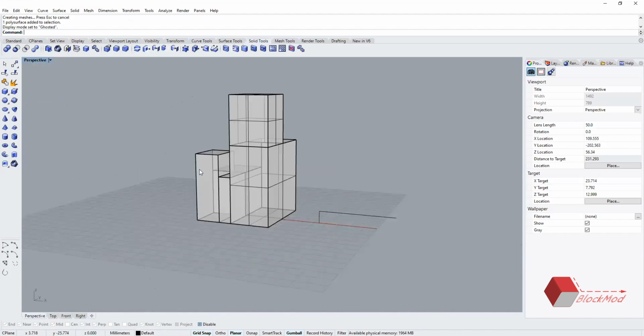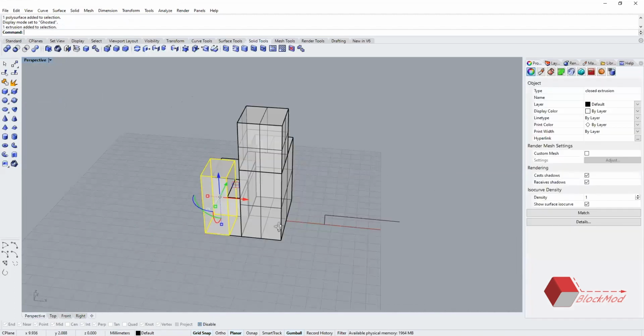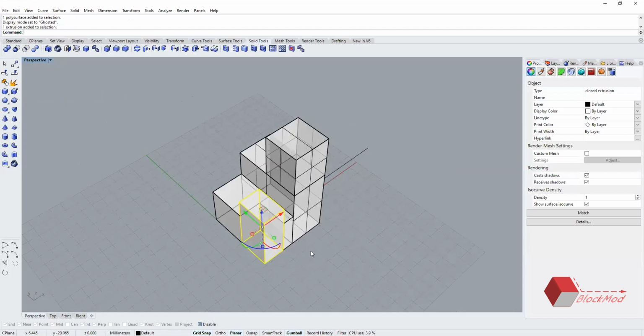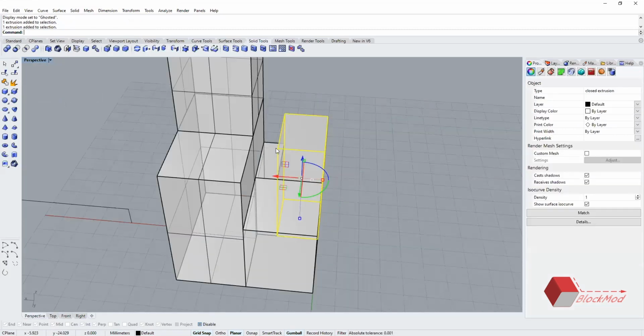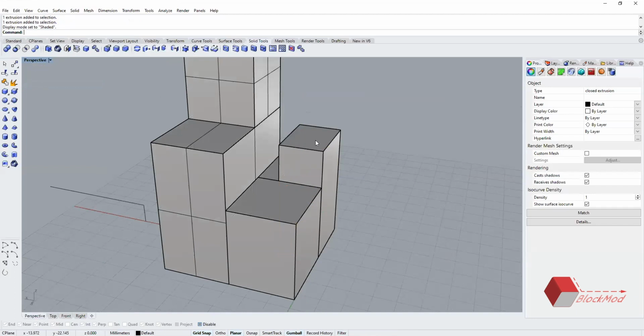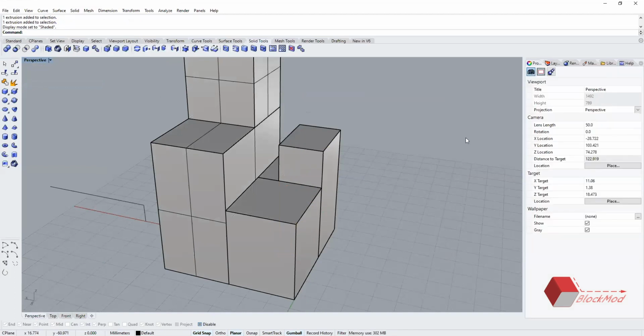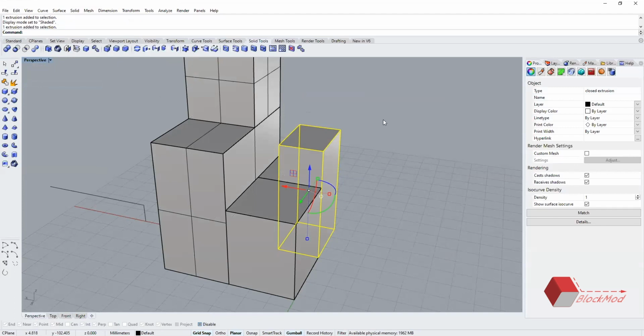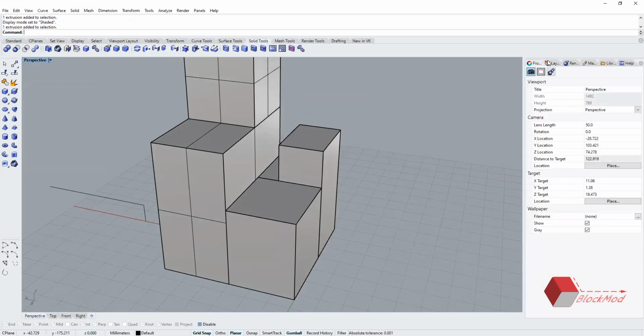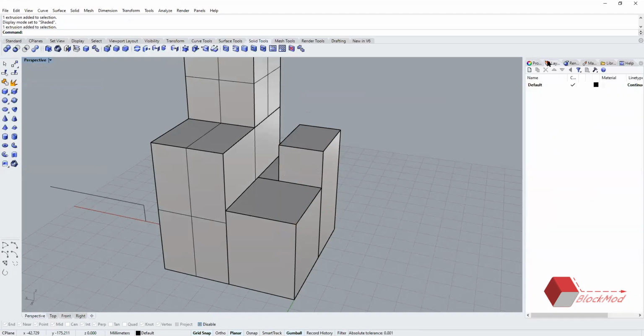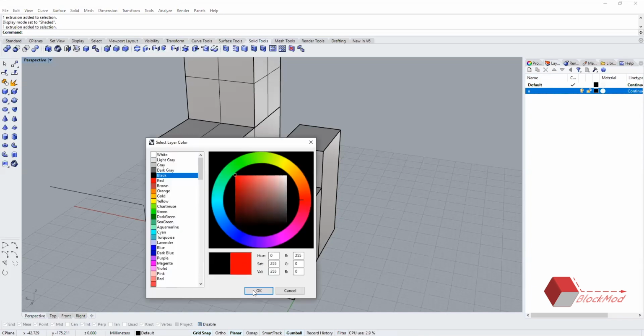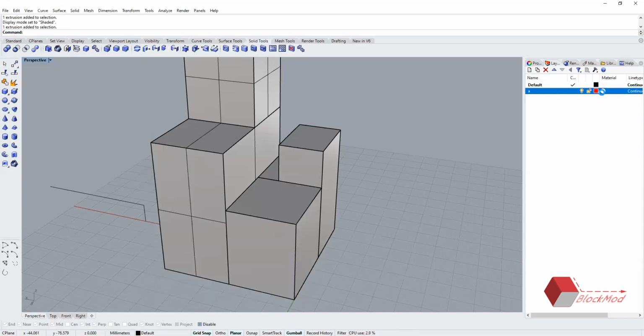What happens is, on SketchUp, we usually make components or groups of these. So if this is a particular mass, I'll probably make a group of this and color it up. In here, we can't color an individual thing. Actually, we can do it, but it gets difficult to understand. So they have used a CAD system. You have layers, and you can create multiple layers here. So if I say layer A, I can assign a different color and material to it separately.